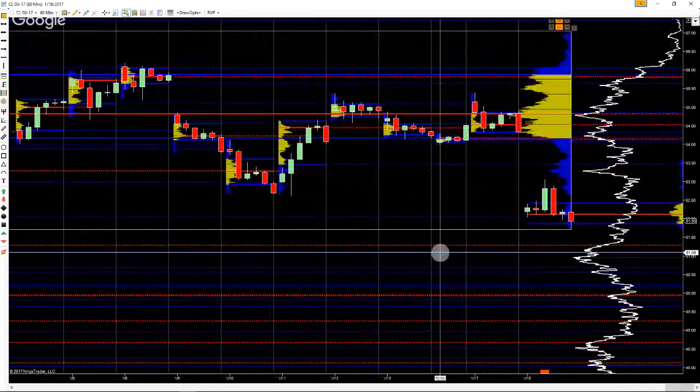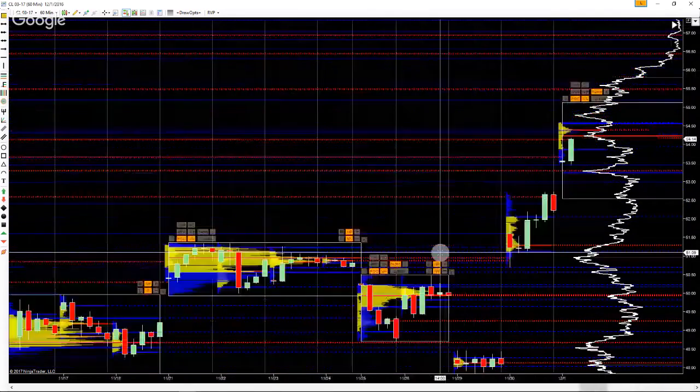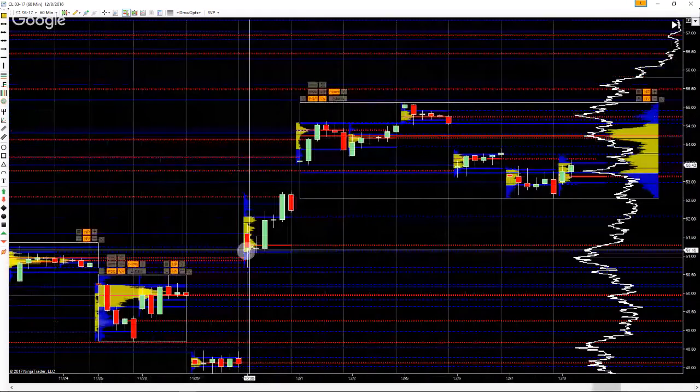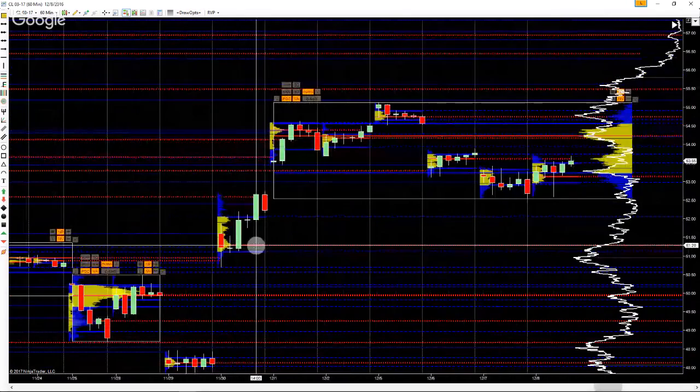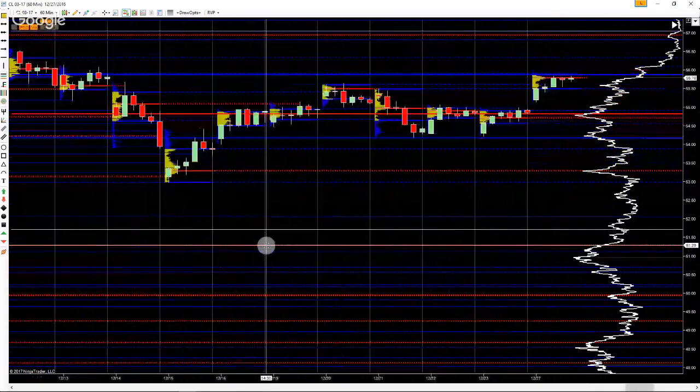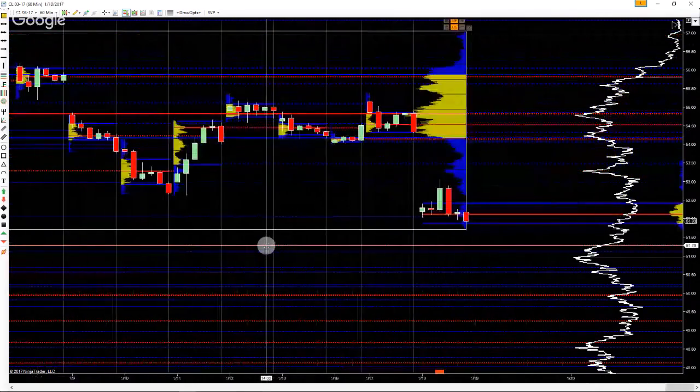Now I believe we have none. Everything that's on here is automatic. So this is a naked VPOC. This is a VPOC that formed on this day, and it gets extended until it gets touched again, and it has not been touched again. So everything you see on this chart right now